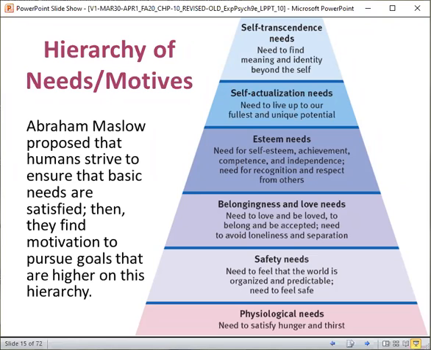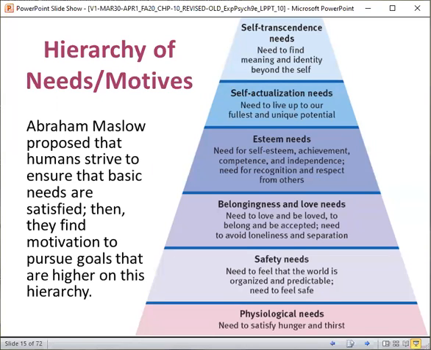This is probably a new one for some of you. It's one other that's been added on. This is the need to find meaning and identity beyond the self. This is not about the self anymore. This is stuff beyond the self. You've moved beyond just all your self needs here. So what this tells us from Maslow's perspective is that these needs